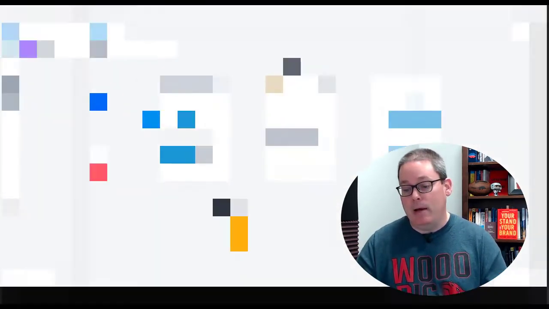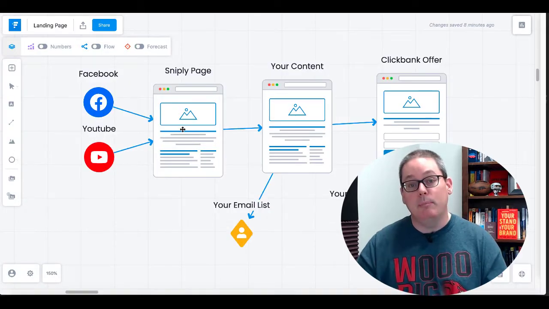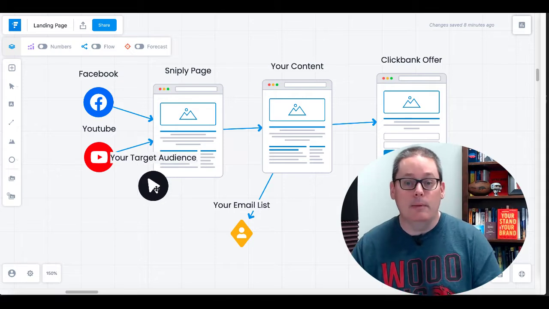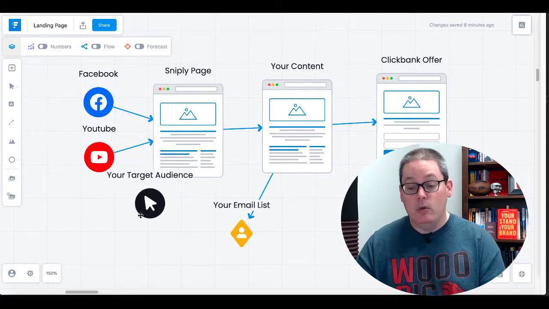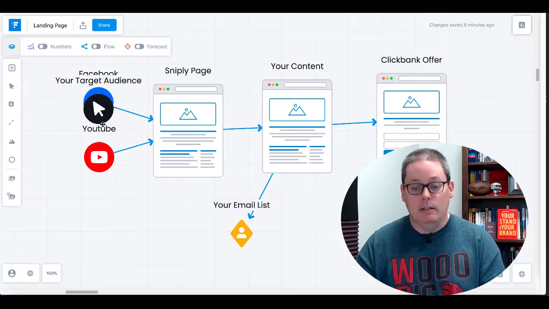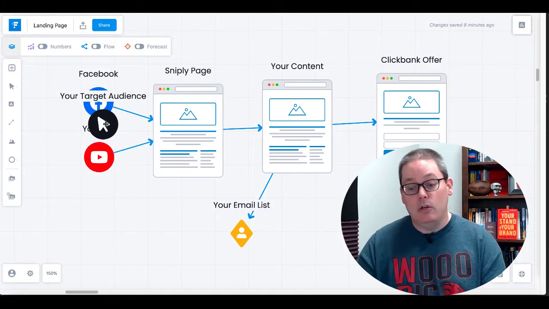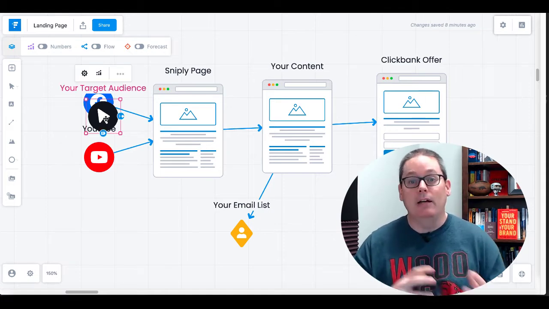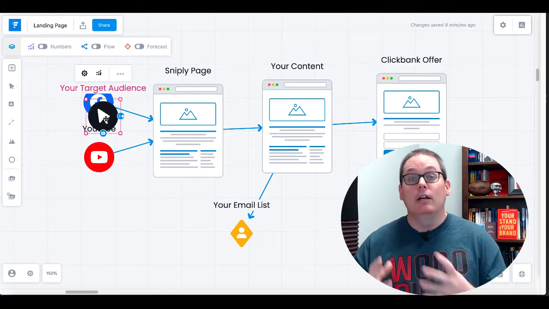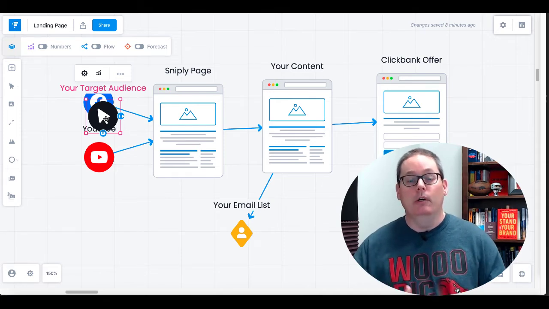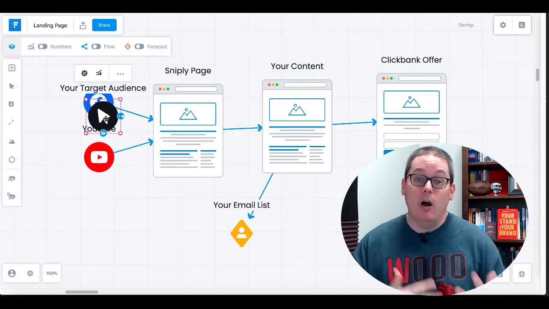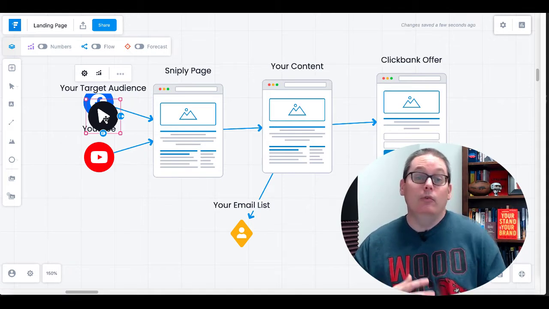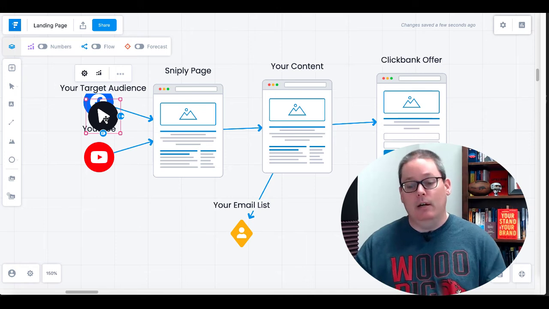Now, let me show you what I mean by the correct way. If you wanted to use Snipply, again, I think you should take a look at it. It could be a valuable tool in your tool belt. So here you are looking for your target audience on Facebook and YouTube. Let's say that you have found a group and you've actually started to provide real valuable content, or even better, you set up your own group and you provide real valuable content in the form of actually helping people with real problems. And then you use Snipply to share content that you know is going to address a problem or an issue that your audience is having.